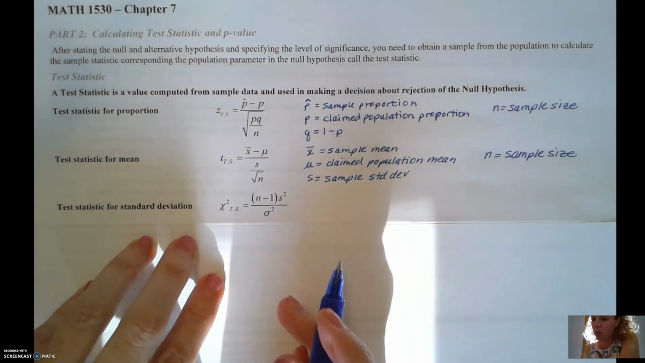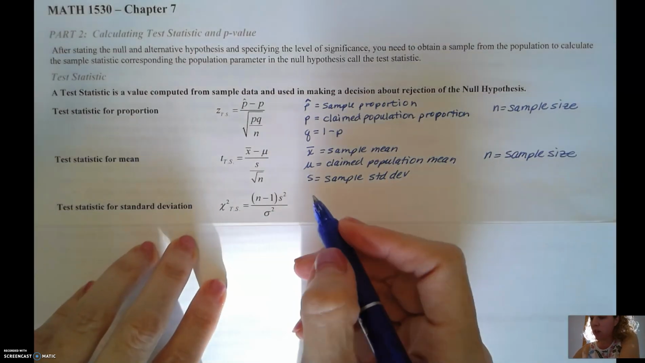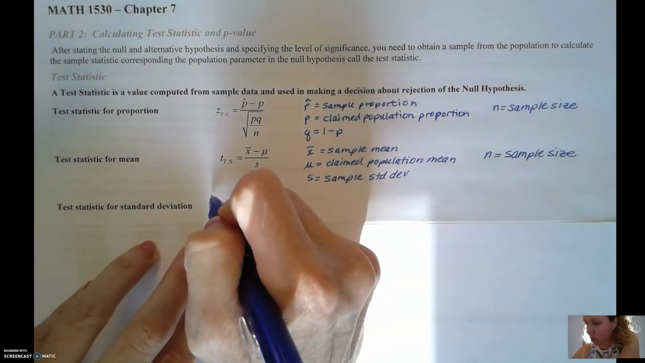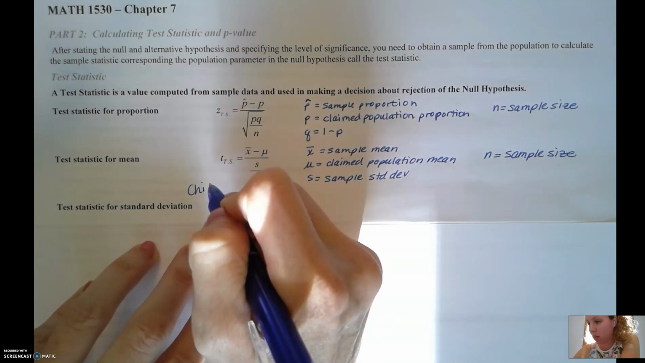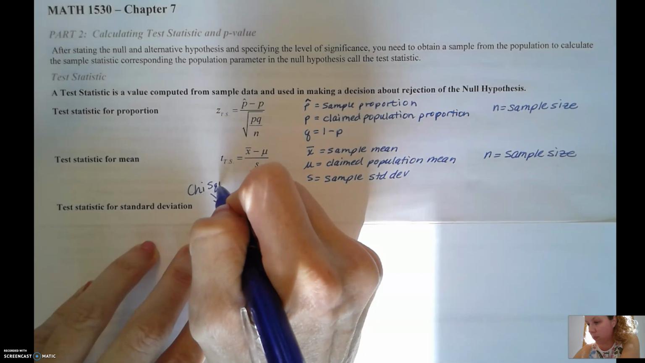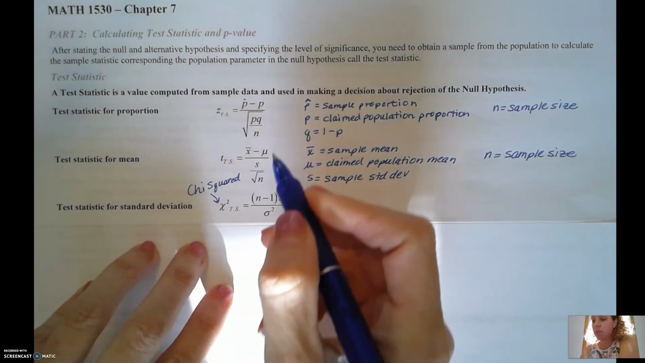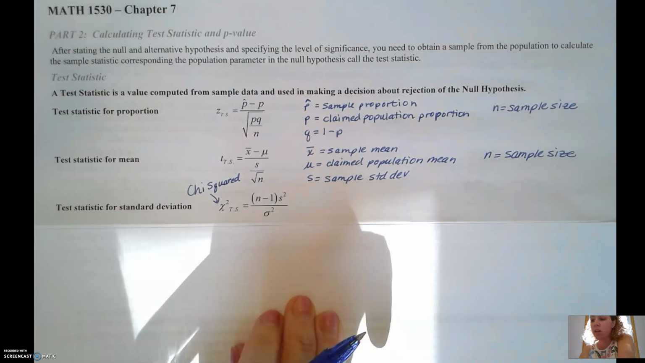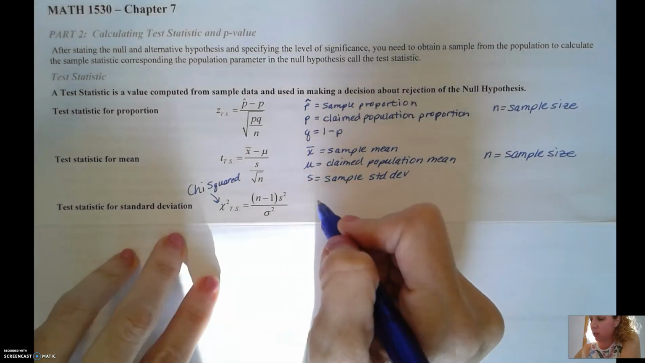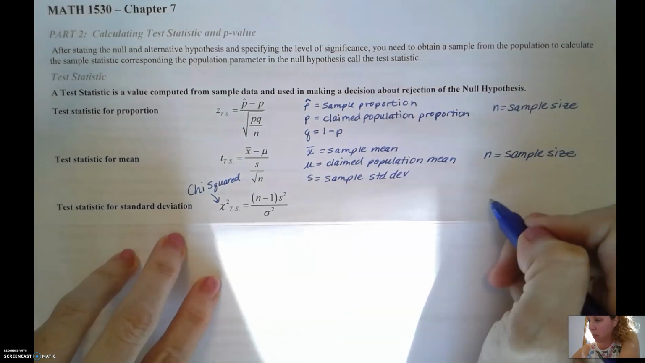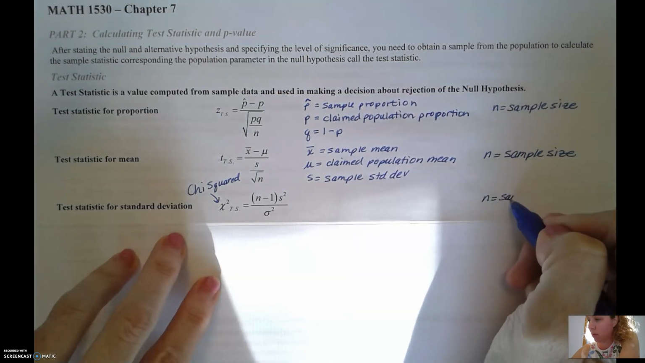Our last formula is the test statistic for the standard deviation. This new little symbol here, it looks like a capital scripted X. It's called chi squared. Chi squared test statistic is calculating it for the standard deviation. It's going to be n minus 1 in parentheses, and remember, n is the sample size again that we're going to have,